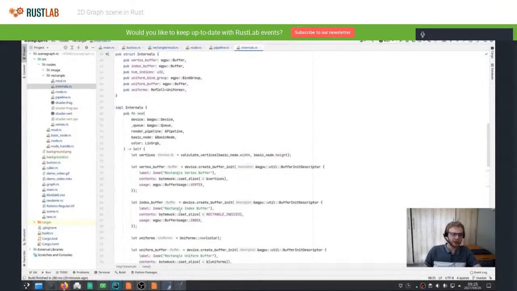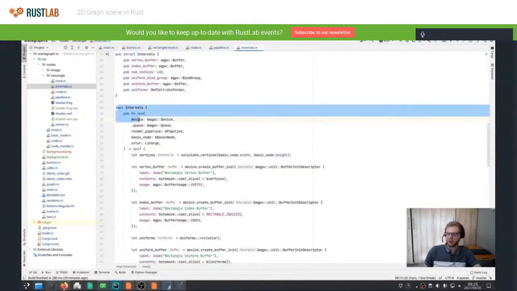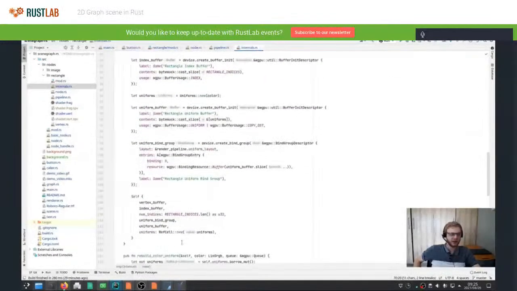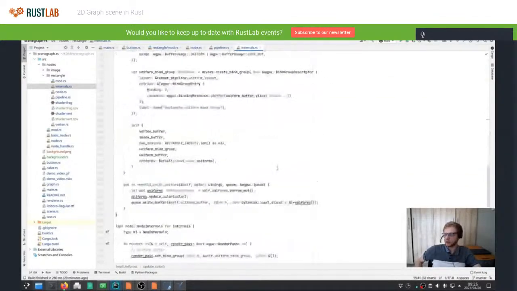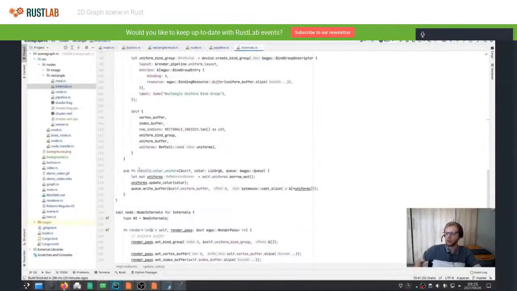Coming back to what I said much earlier in the talk, this is only done once, right? When the node is constructed on the scene graph, it generates all these things, and then they just stay there. They are not reallocated every time you do a draw call. Whenever you need to change the color, the only thing you do is update the color uniform. You call this function, which updates the uniform, and then tell the instruction queue to write this new uniform into GPU memory, and then next time draw is called, the GPU will draw it correctly.